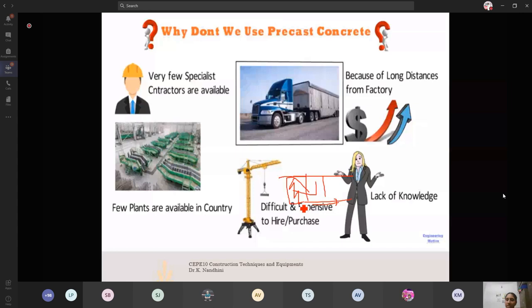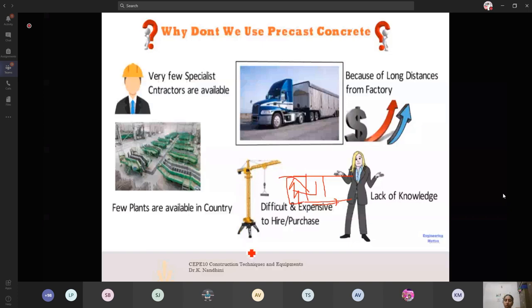Another true reason is the large distance from the factory. Imagine from Chennai to Trichy, if you transport all the components, like your wall, column, beam, staircase, what happens? The cost of construction goes very high. It is difficult and expensive to hire or purchase a crane. That is true, right?